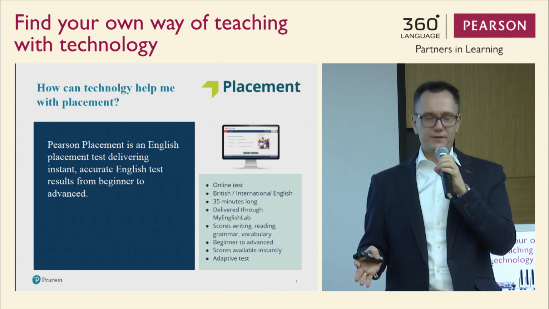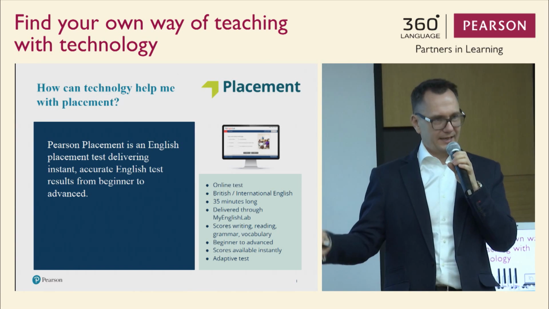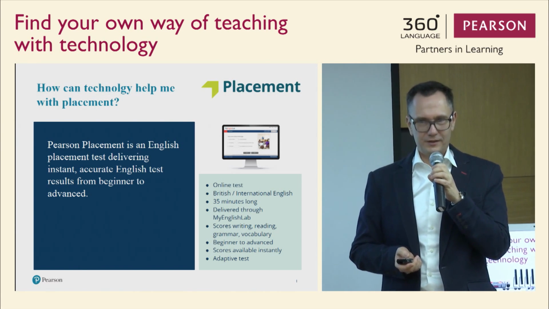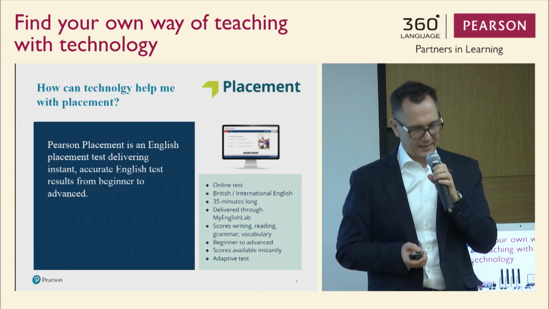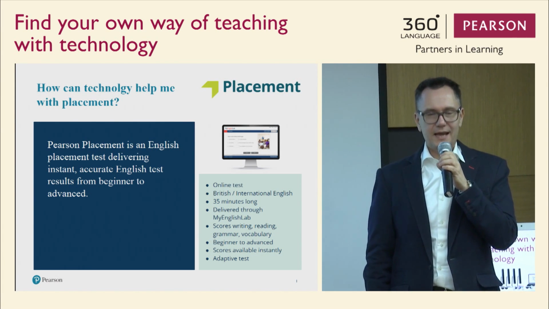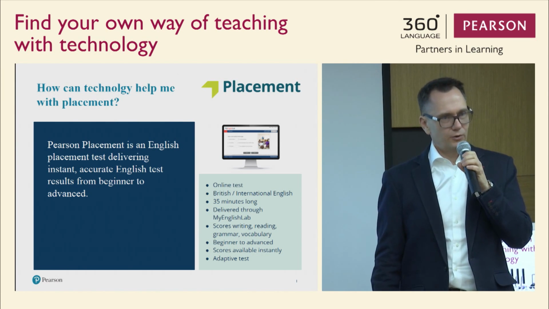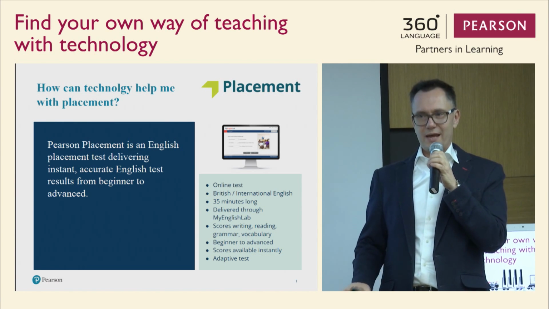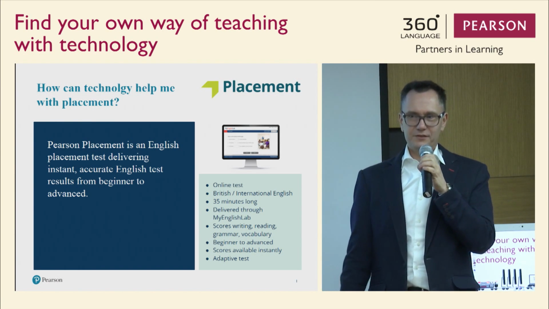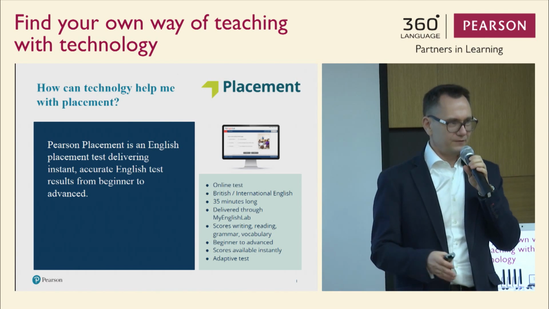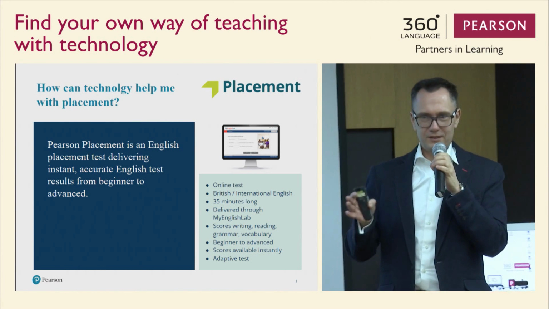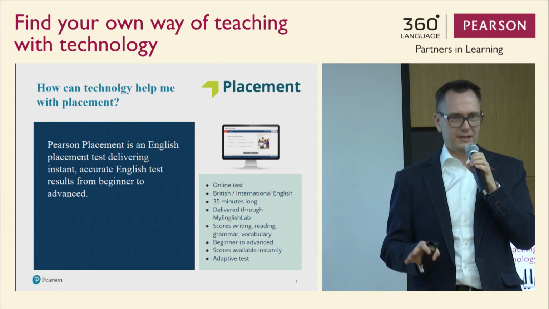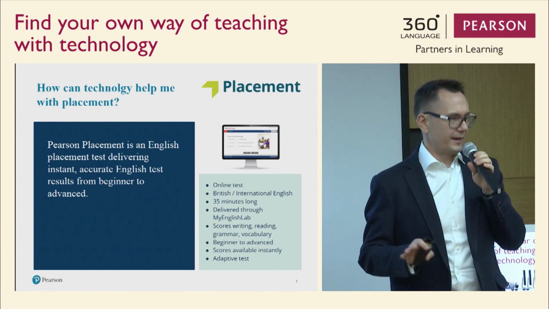Now, this is a bit of a problem because of the time it takes, because of the problems that you may have with the reliability of the test, then Pearson has an interesting suggestion, and this is called Pearson Placement Test. And Pearson Placement Test is actually an English test, or a test in English, that is delivered fully automatically, which means that all you have to do is ask your student to sit in front of a computer, switch it on, start the test, and after about 30 minutes you will know everything about that person in terms of his or her English skills.